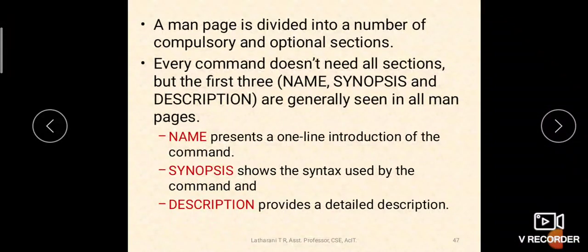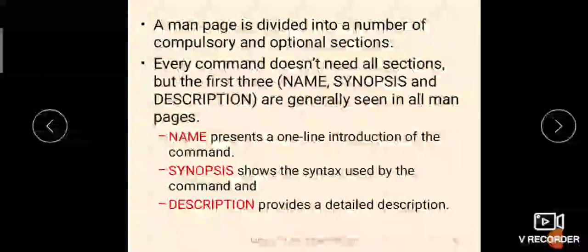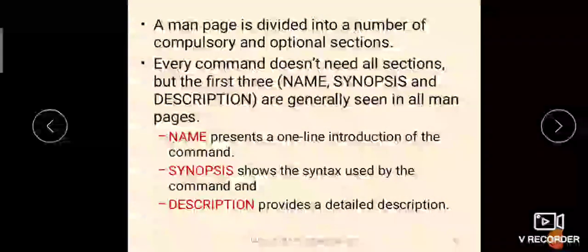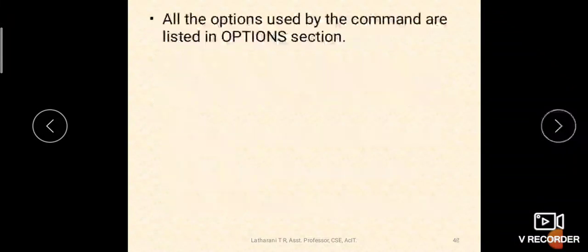Then description provides a detailed description of the command. How you can use the command will be given. What options are available, each option and its usage, its importance, will also be explained in the description part.